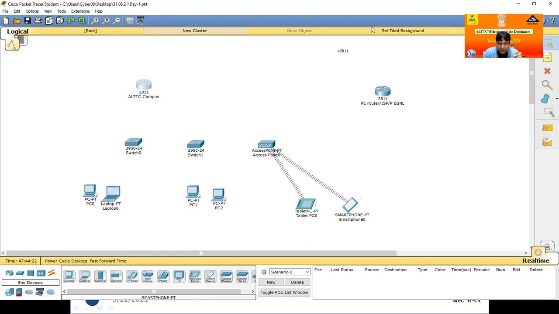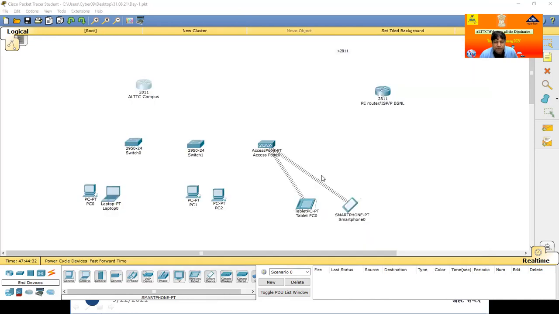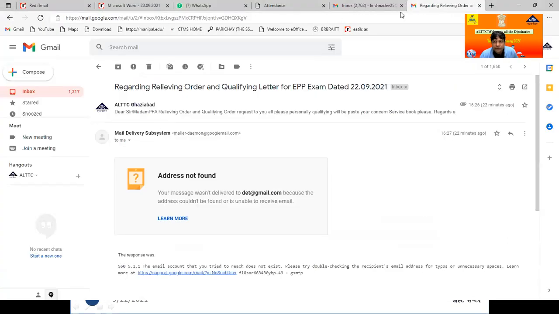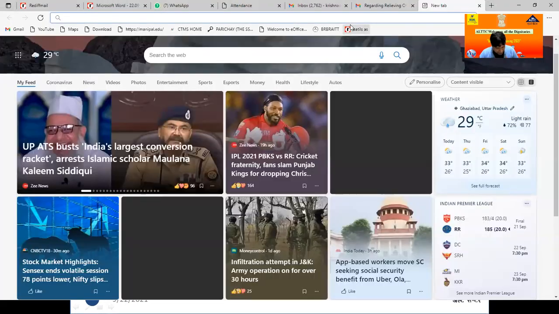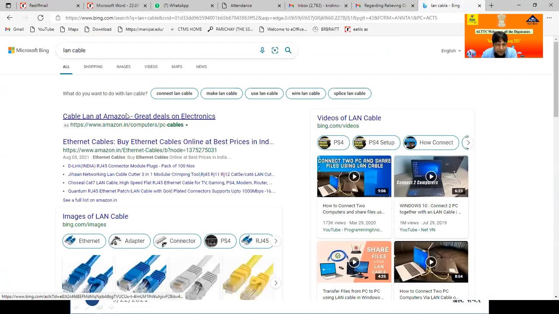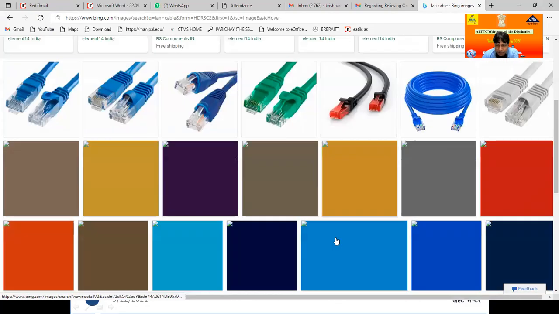What is the LAN cable? I will show you with the help of the site. I hope you all know the LAN cable. This is the LAN cable I am showing for all of you. These all are LAN cables.